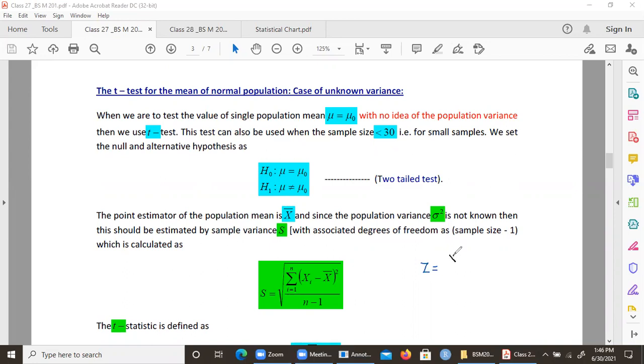It is x bar minus mu naught by sigma by root over n. But the problem here is that we do not know anything about the population standard deviation and hence the population variance. So this sigma needs to be estimated by some sample observations,